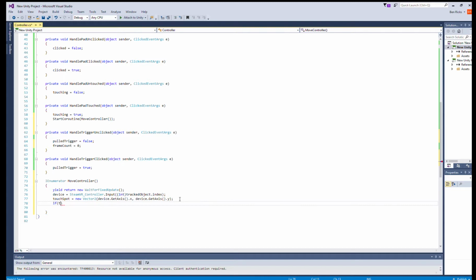Alright, let's make it recursive. So we'll do if touched, or actually, we're not making it recursive right now. We're going to first make it so that it will do stuff. We're going to check to see if you're actually touching it. So if touch spot does not equal 0, 0, we'll do a new vector for that. Then we want to move and rotate the dinosaur. So we're going to do